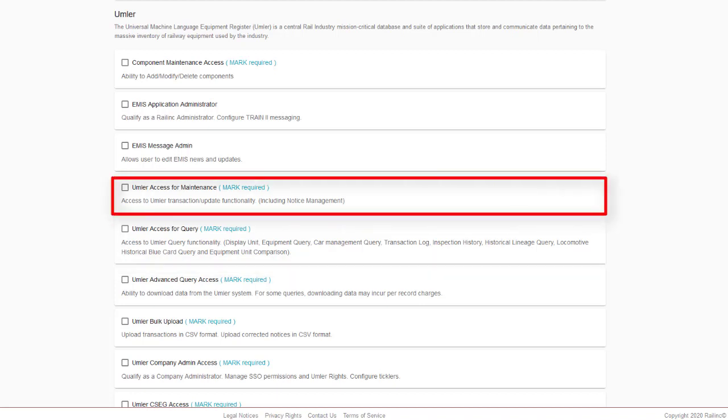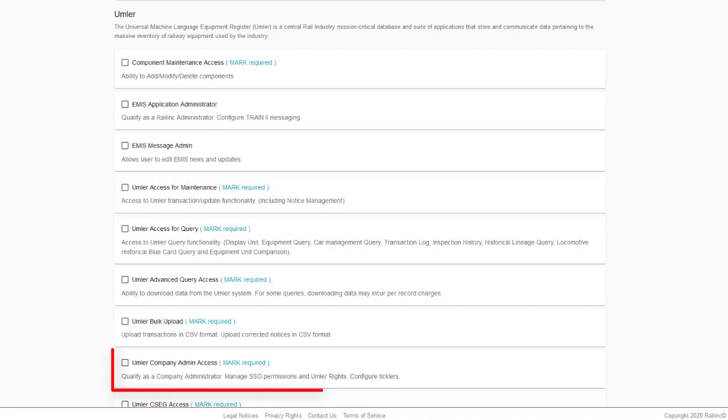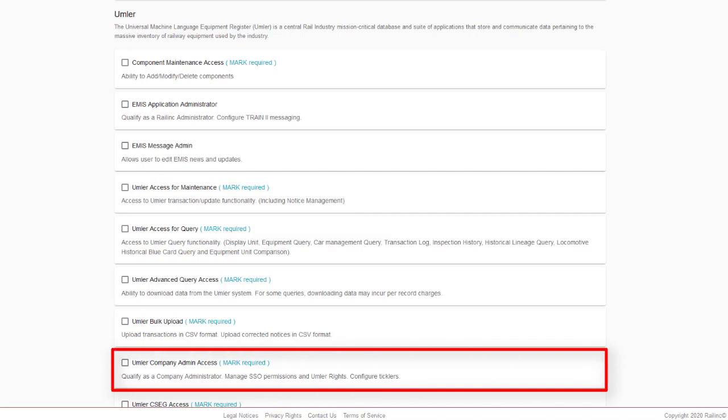Maintenance permission enables users to view the menus related to updating equipment data. Permissions to the menu will not give users the right to modify or update equipment records, but they can see these maintenance menu options. In some cases, company administrators may only allow certain users to view maintenance options. Users with company administrator rights have access to all menu items, so that as UMLR company administrators, they can provide users with a variety of options to perform work on behalf of their company.